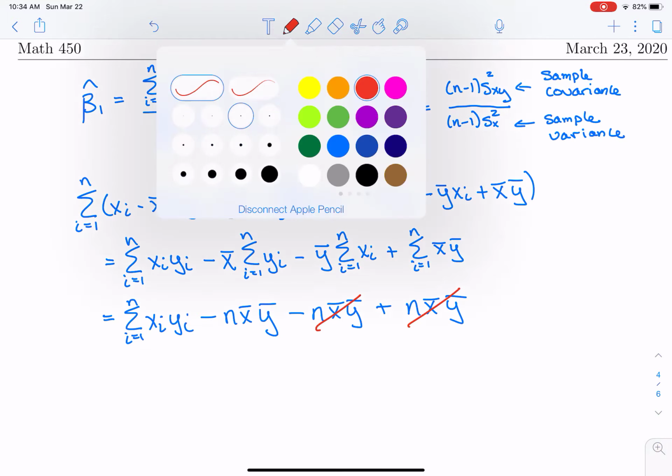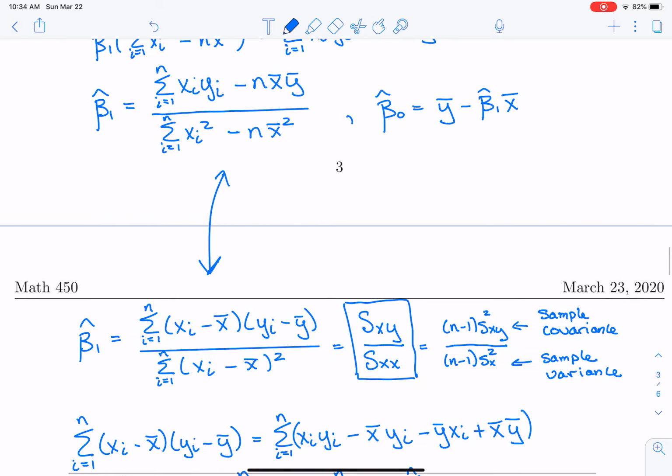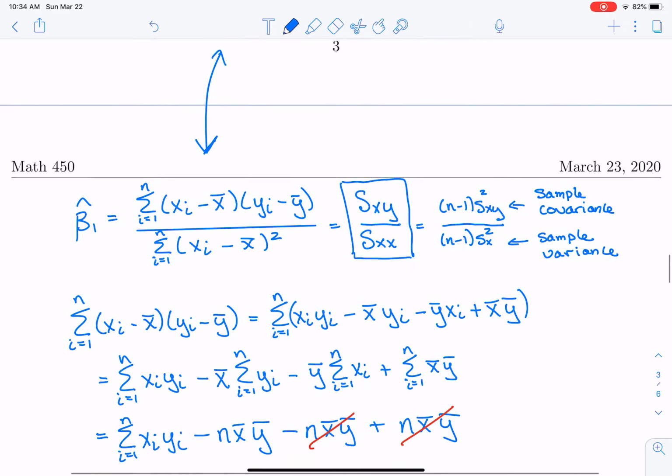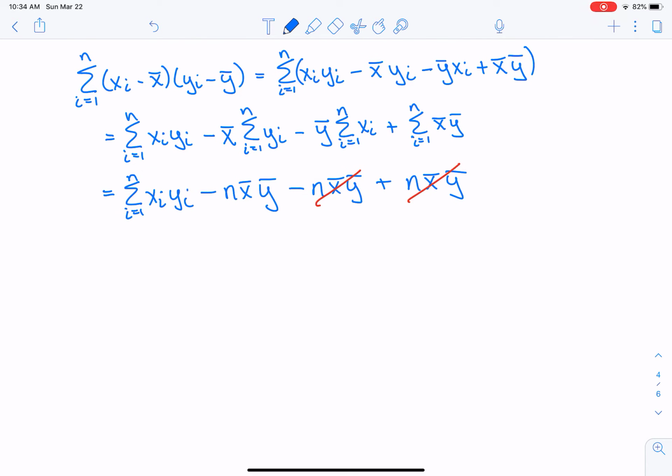Before we had the sum of x sub i, y sub i minus n x bar y bar. So you can see it there, and now you can see it there. Okay, so the numerator works out, and it looks like the denominator is going to work out in pretty much the same way. So the sum from i equals 1 to n of x sub i minus x bar squared,